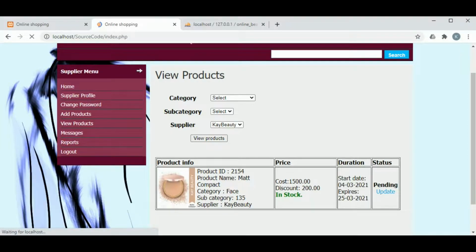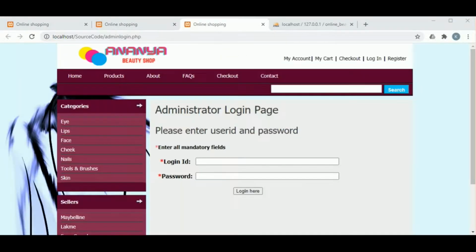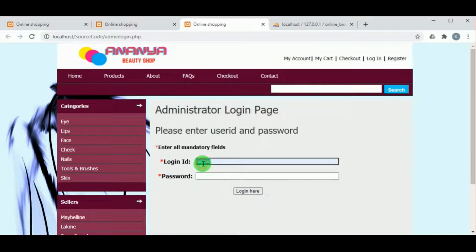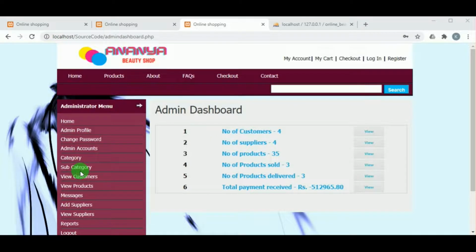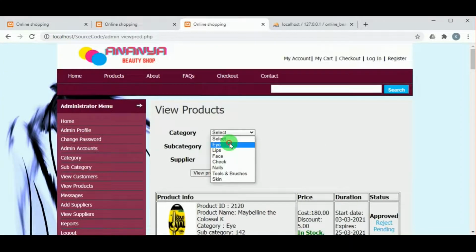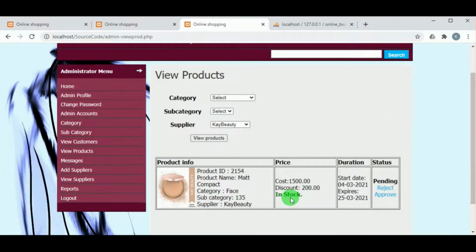So let us log out as supplier and let's log in as admin now. The admin will log in using login ID and password. Under view products, by selecting the category, that is face, and subcategory is compact, supplier is Care Beauty, the admin can view the product detail.